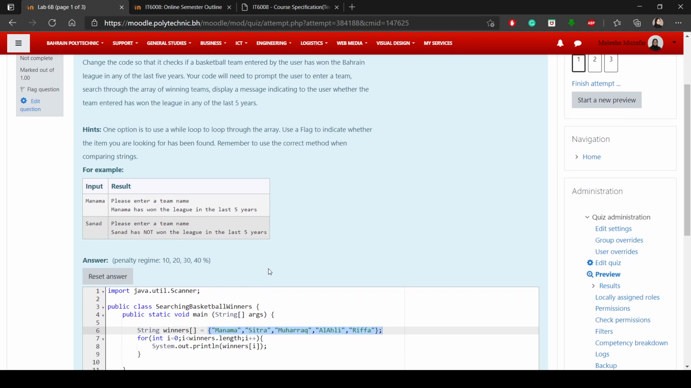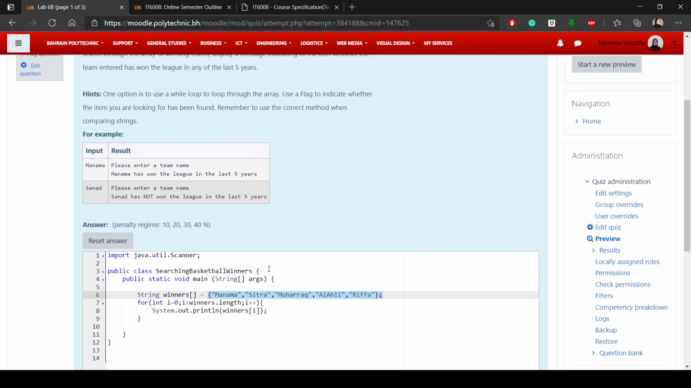All right. Now, if you notice, the basic concept of this question is that you're supposed to search through the array to figure out if a specific element that the user is giving you this time is present within the array or not. All right, and the question also has a hint which says one option is to use a while loop to loop through the array. Use a flag to indicate whether the item you're looking for has been found. Remember to use the correct method when comparing the strings. Now,